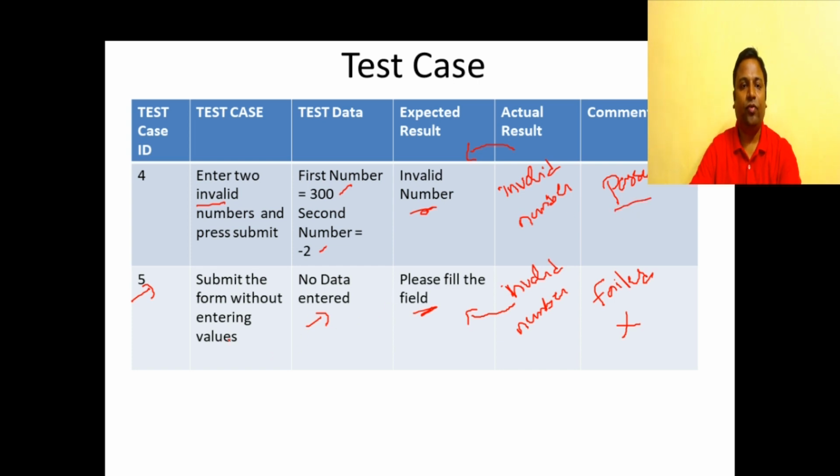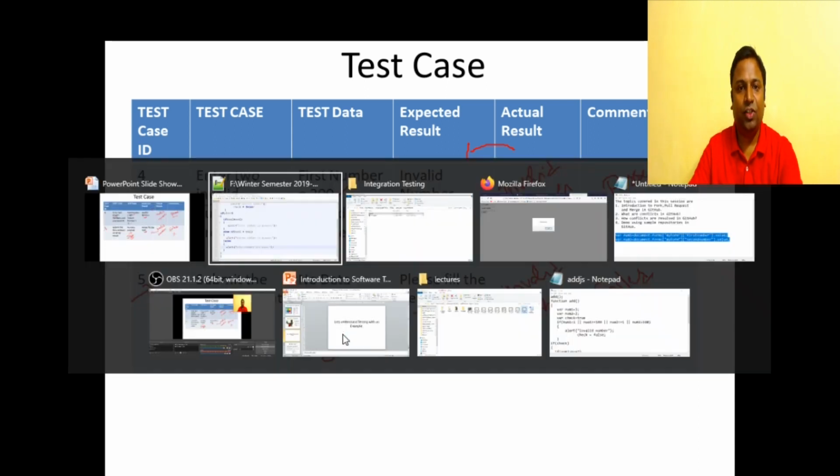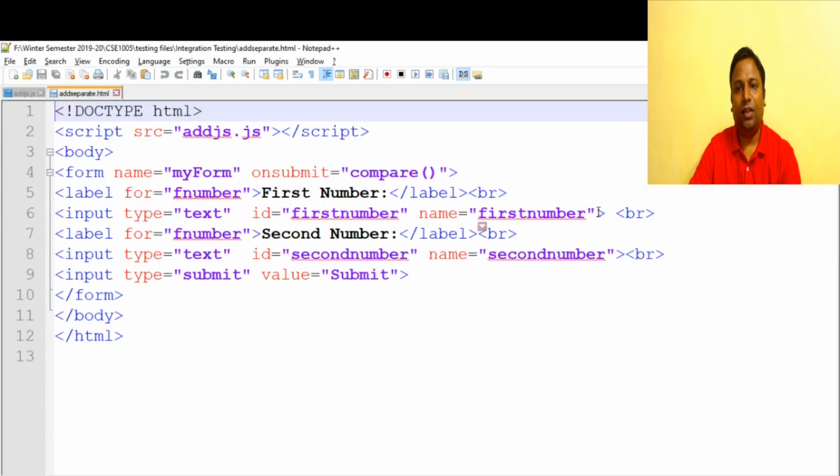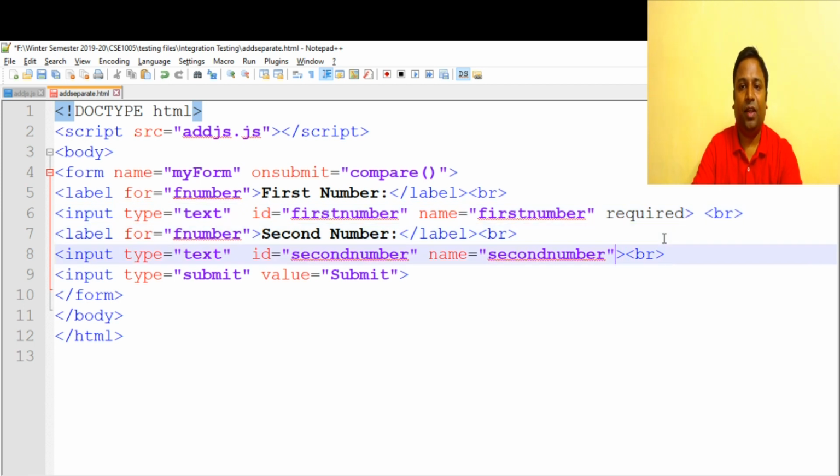Whereas when you talk about the form, when we submit a blank form, it is accepting that and it is passing that to the JavaScript function. So this defect should be rectified by Jeff, who has coded the HTML form. So Jeff will be informed of this defect, and how Jeff is going to fix this is, he will go to his code, and we'll see how Jeff is going to fix that. Say in HTML5 we have this attribute required, which makes a field required, right? So we can just make it required from here. So Jeff is going to fix this,